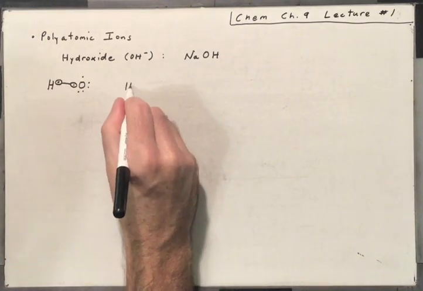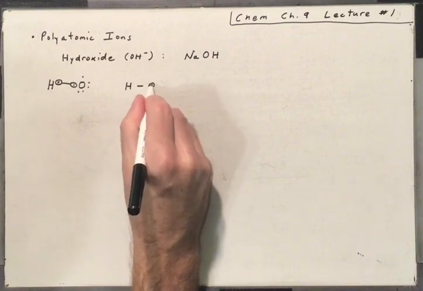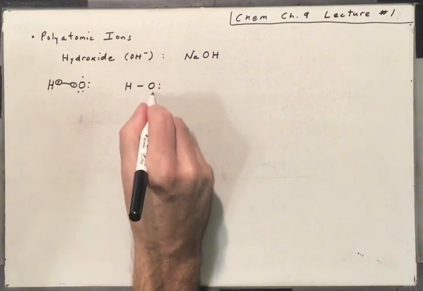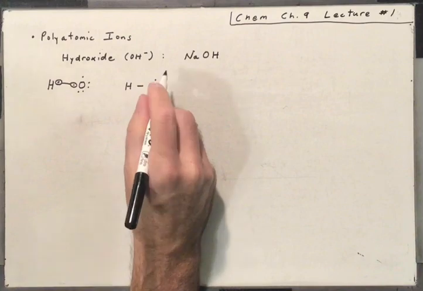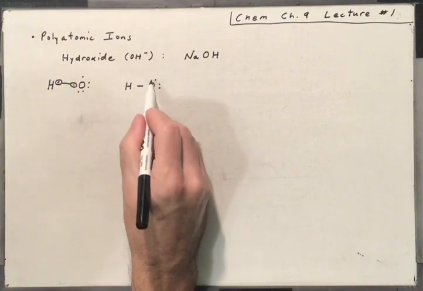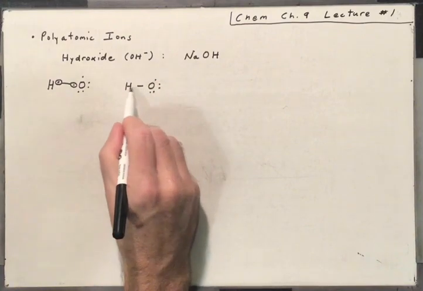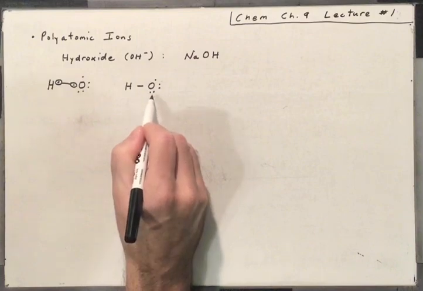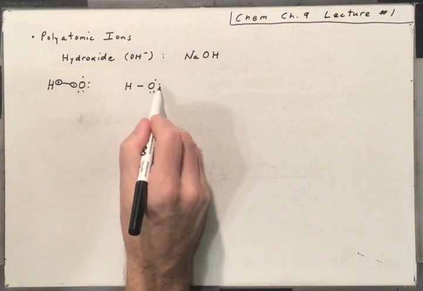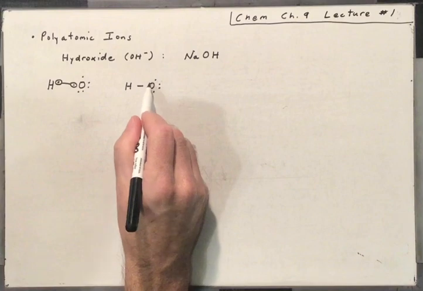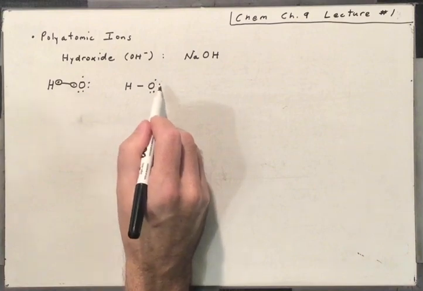So you'd have something that looks like this. But we still have an open slot. So hydrogen has 2 electrons, oxygen has 2, 4, 6, only 7, and it desires to have 8 electrons in